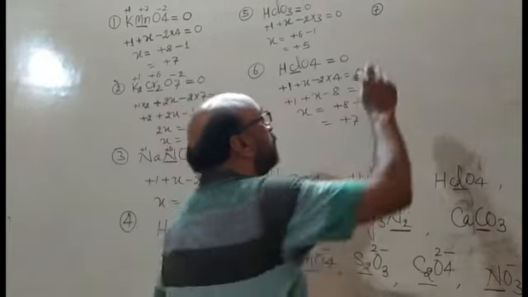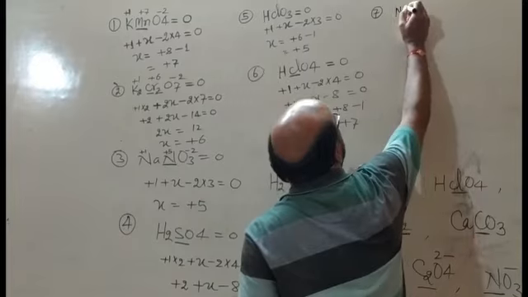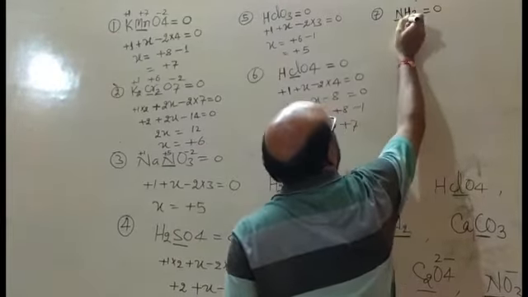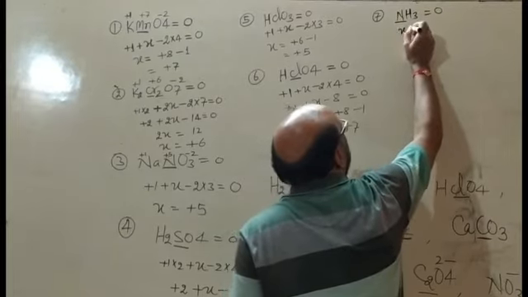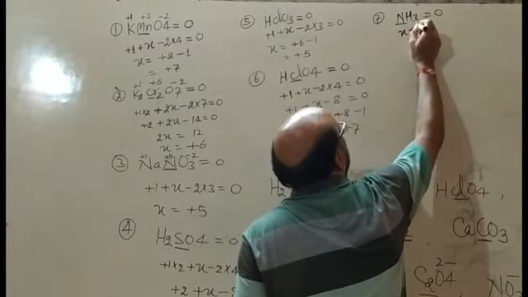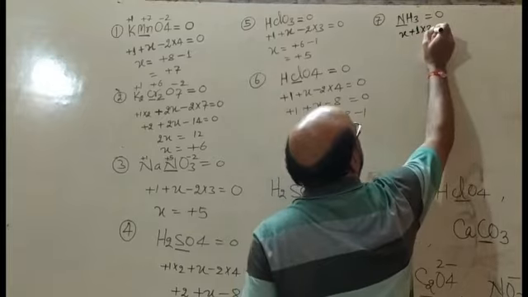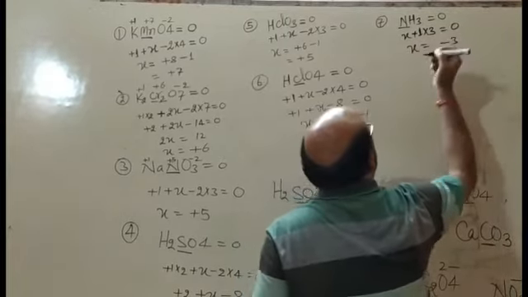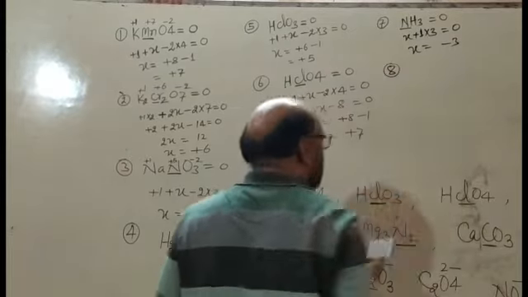Next compound is NH3. It is very simple. It is a compound of only two elements. Ammonia, we have to calculate nitrogen, and you know the oxidation state of hydrogen is plus 1, therefore it will be minus 3. The eighth question is